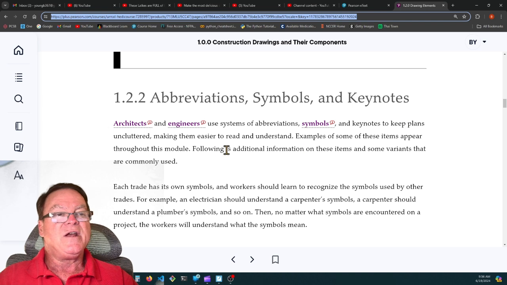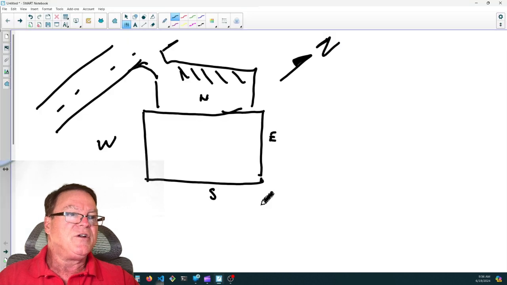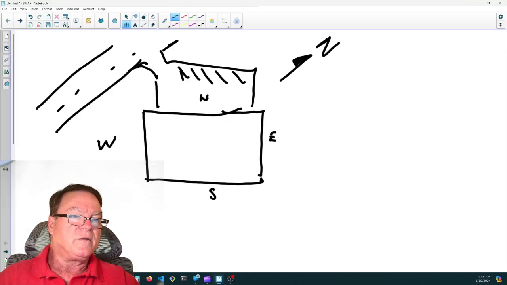Abbreviations, symbols, and keynotes just save space on a drawing. We don't have a lot of room, so they'll abbreviate things. They'll use symbols. We don't draw